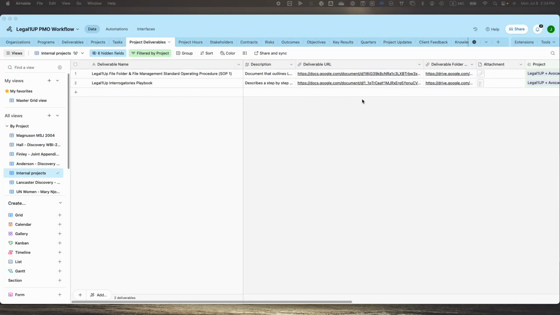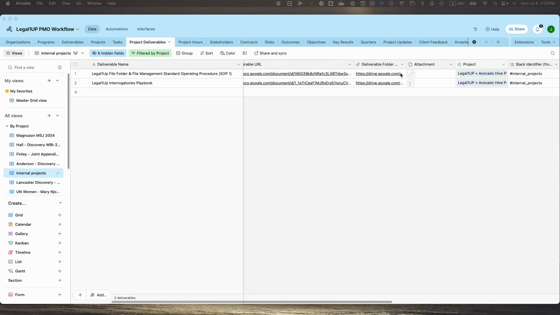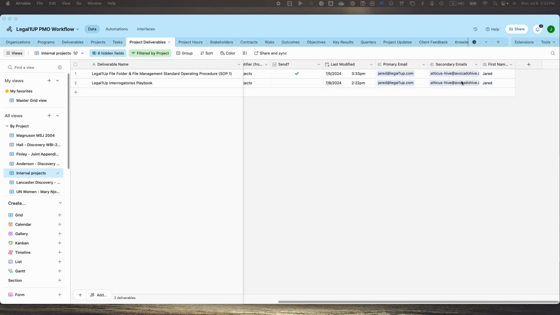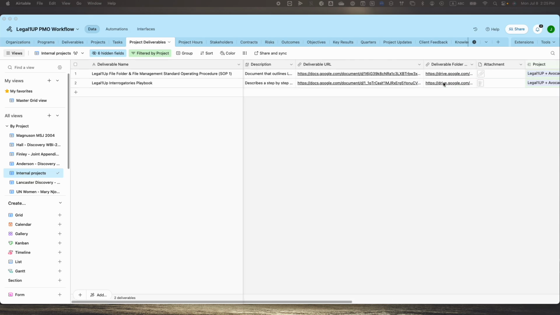Going to show you today is how you're able to create an Airtable automation that allows you to send an email to clients as well as internal Slack notifications to your team based simply on just creating a send checkbox within your Airtable table. So what we have here is a set of fields that we want to make sure